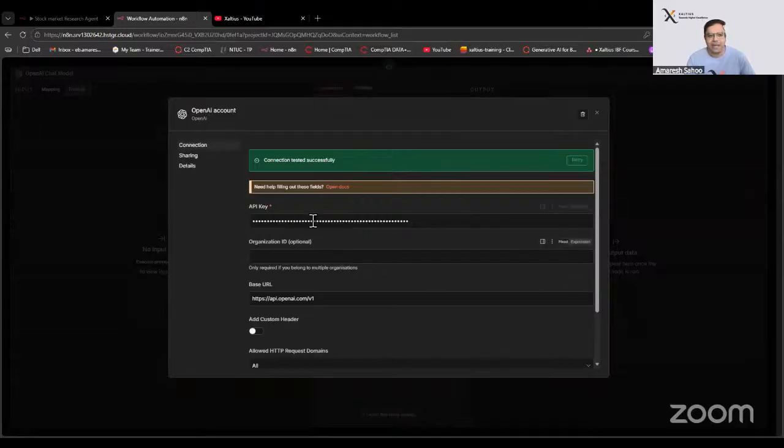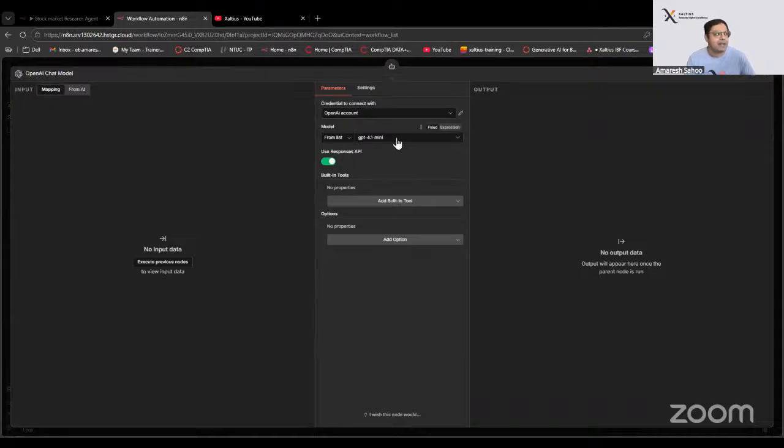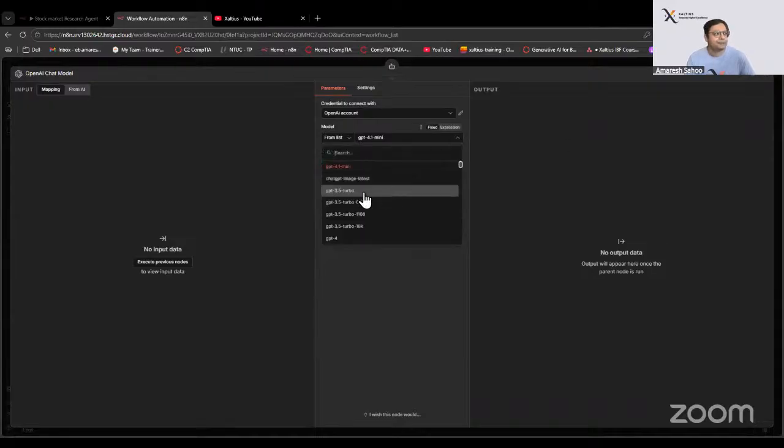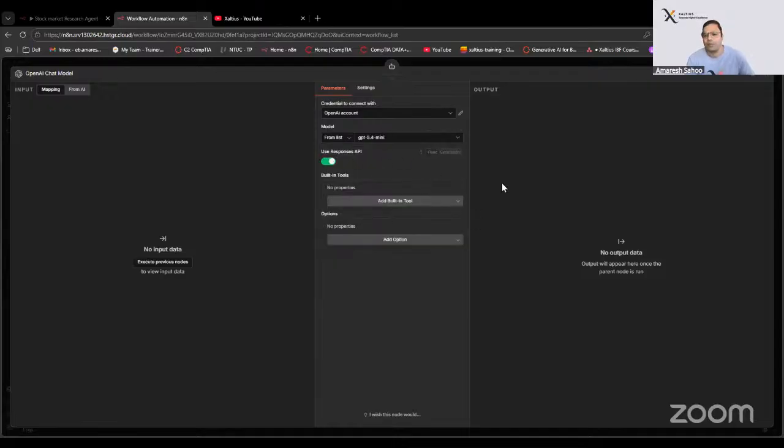Once my OpenAI API key is given, it will have access to the OpenAI LLM, and I can choose any of the models. I can use the basic ones. 4.0 mini works okay, but if you want high quality output, you can go for 5.4 nano, or maybe a 5.4 pro will also work. So you got all the options. I'll go for 5.4 mini, for example. For now, I can go for 5.4 mini, which will be using this chat model